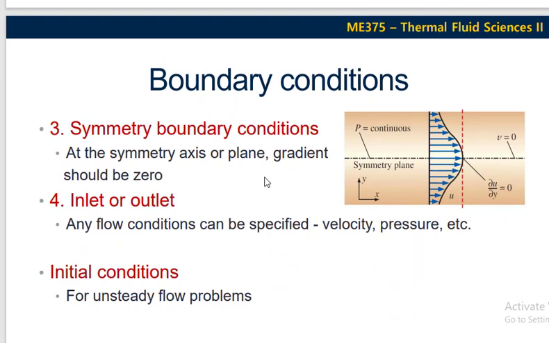The symmetry boundary condition represents a plane, such as this one, a line across which the profile of velocity is the same, which means that this profile and this profile are the same. This is called our symmetry plane. Now the velocity gradient at this symmetry plane, which is the partial derivative of u with respect to y, is equal to 0, and there is no component of the velocity vector v at this plane. This is our boundary condition, and these equations are given in the theory.